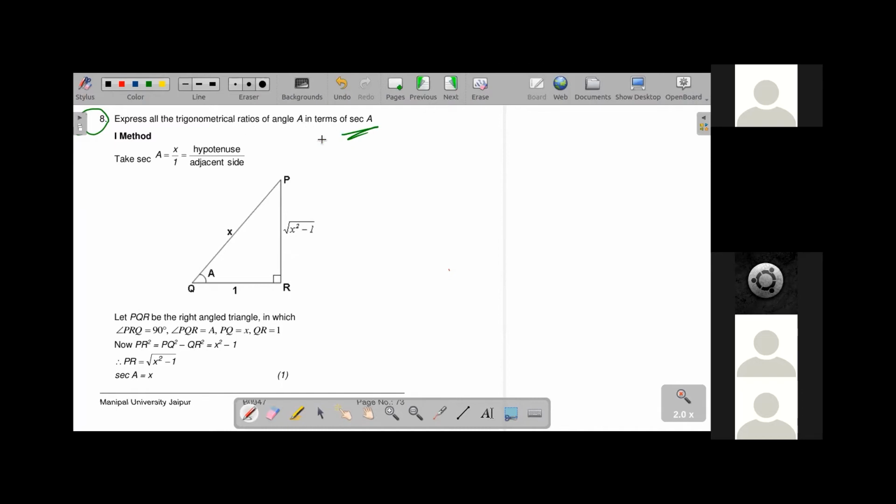Okay, first understand the question. What do you want from us? Like we know sec A is equal to sec A. This I think does not need to be explained. But this will need a little explanation: cos A is equal to 1 by sec A. Is it true? Because they are reciprocals of each other.